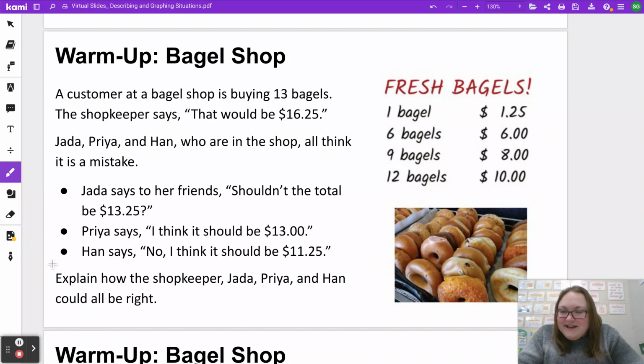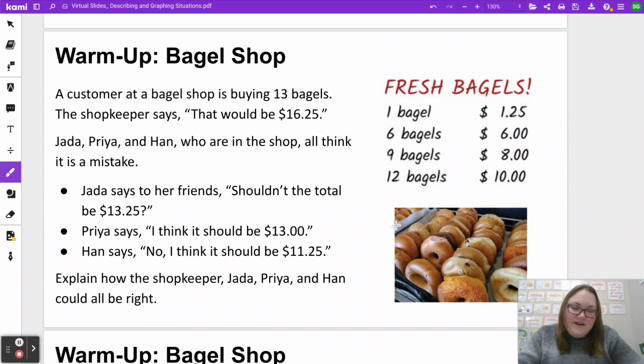And the question you are answering, at the bottom, is: can you explain how all four of these people, the shopkeeper, Jada, Priya, and Han, could be correct? Can you explain how they each figured out these prices? Go ahead, pause the video now, read through the information, and come back when you think you have an answer. After you've read through the story, you see that all four of these people came up with different costs using